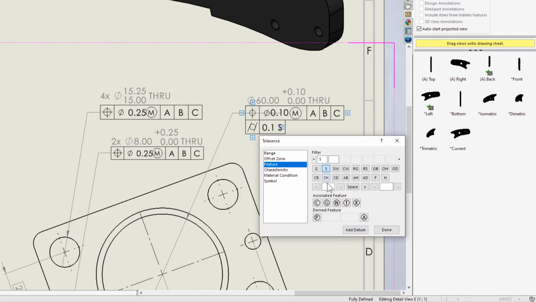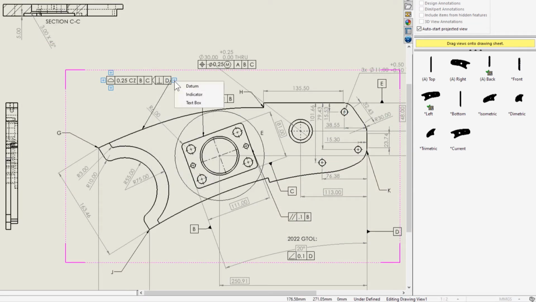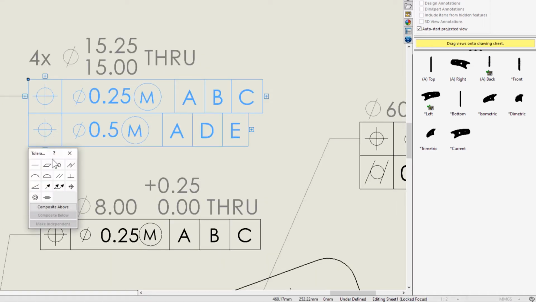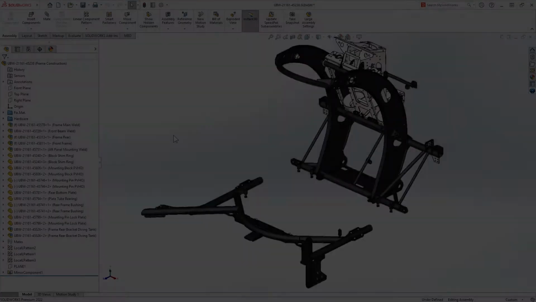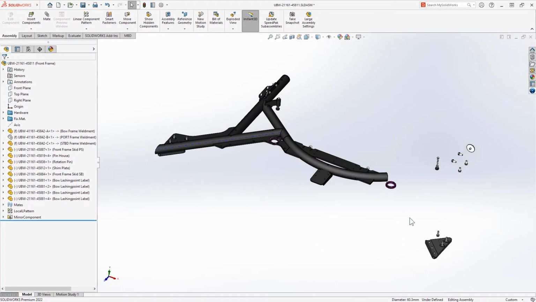Specification, zone, feature, filter, characteristic, modifiers, and datum references. Add adjacent and auxiliary indicators, text, create stack, and composite indicators. Even erase your mistakes. In a design like this, I have many unique Weldment parts, each with its own cut